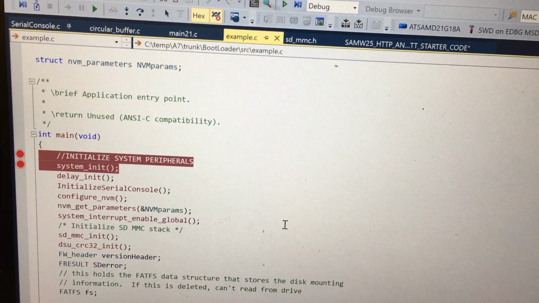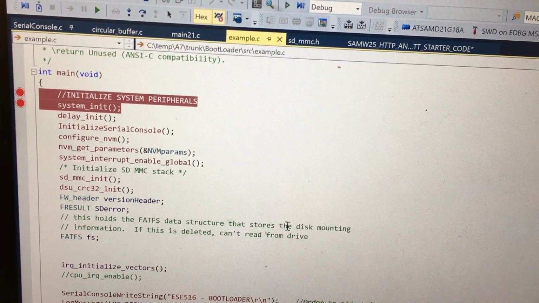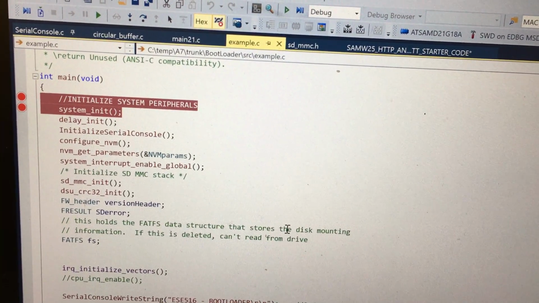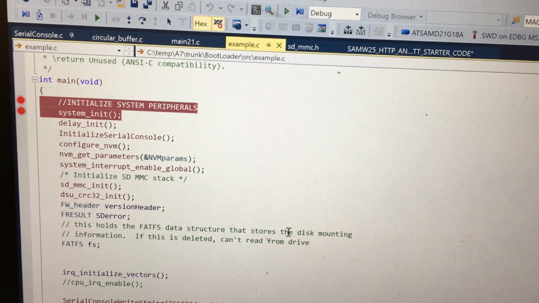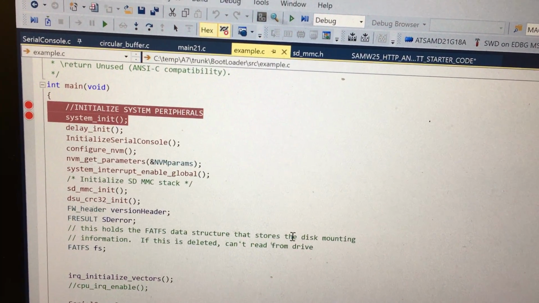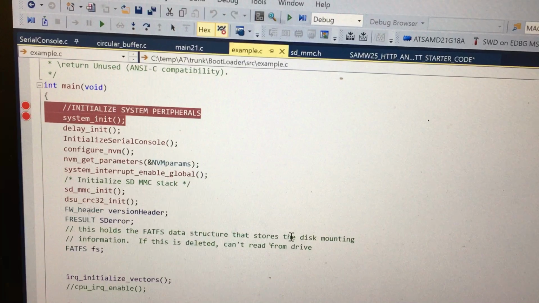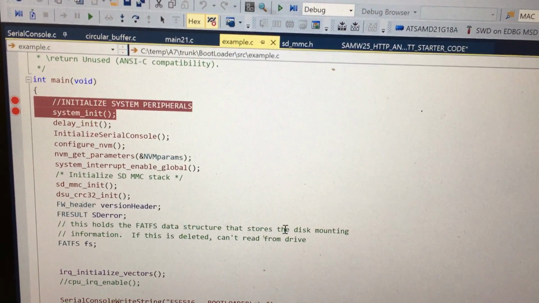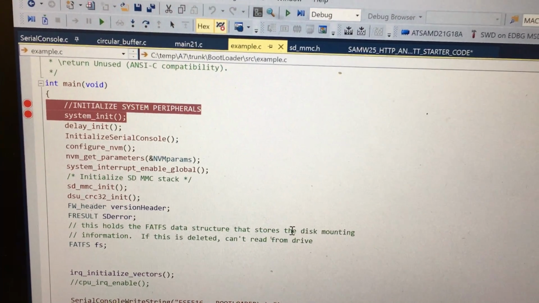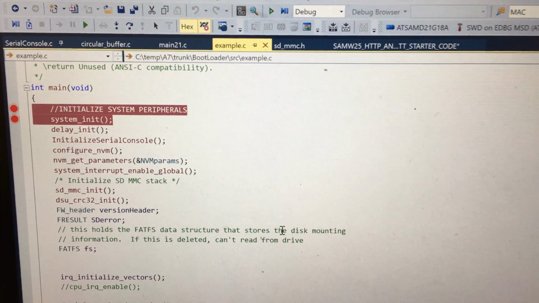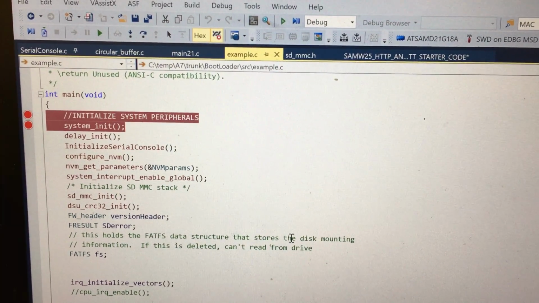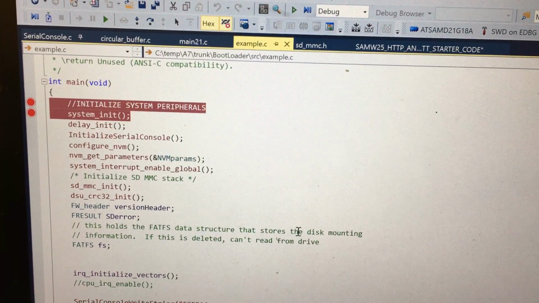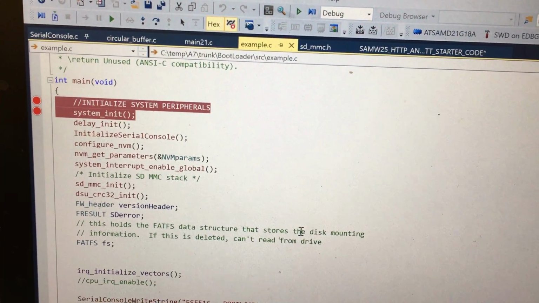So here's sort of the walkthrough of the code. There's some initialization. There's something here called the serial console, which is something I wrote through the course. And that basically has a bunch of log messages, so you can log any message there as well as write messages, and you can shut off all the messages if you want by changing the debug level. So there's configure NVM, get the parameters, enable interrupts,